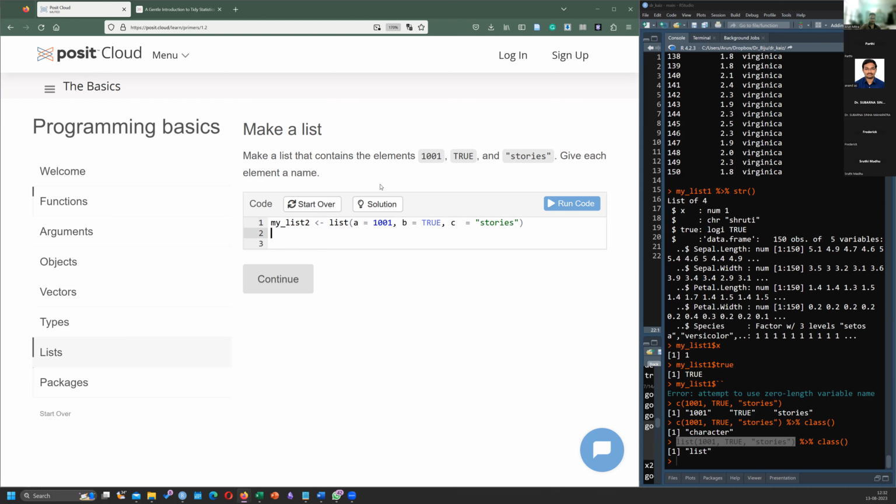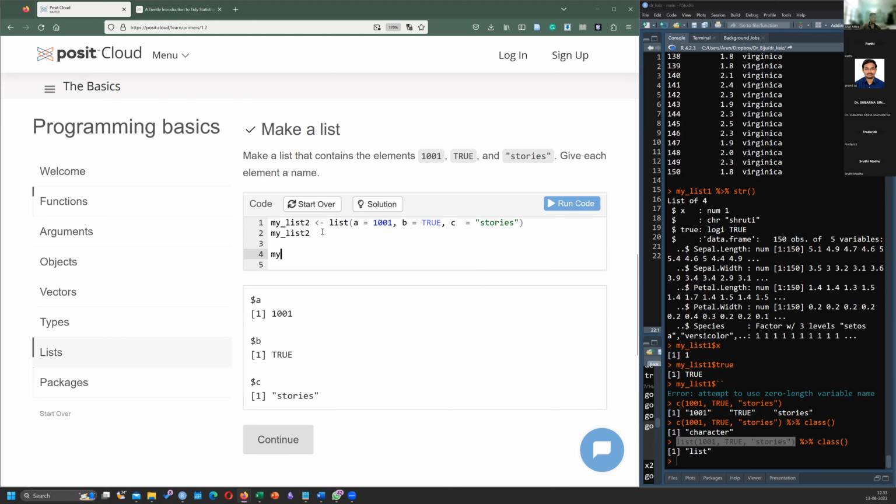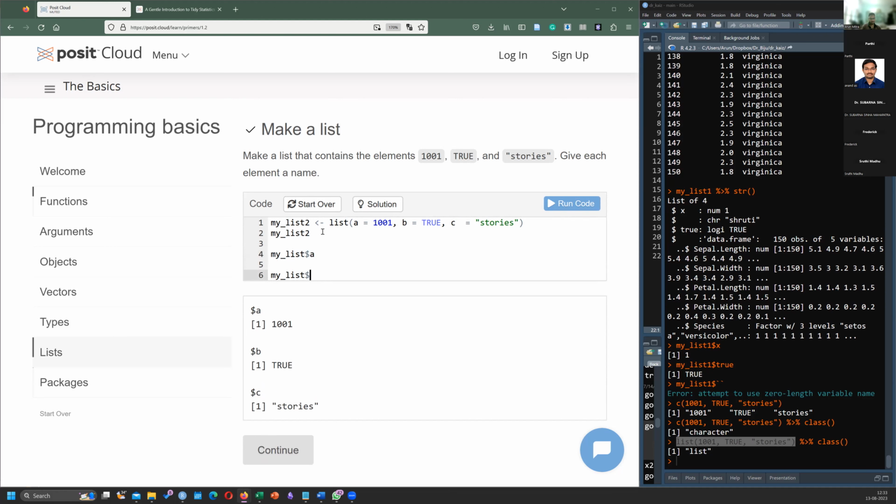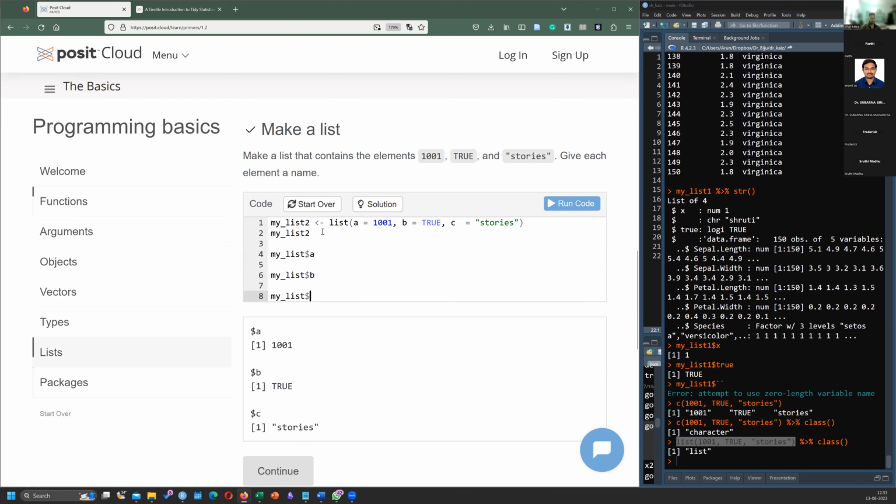And then I can ask what my list is. A, B, C. So what I can do now is my list dollar A, my list dollar B, my list dollar C, and then see what happens.